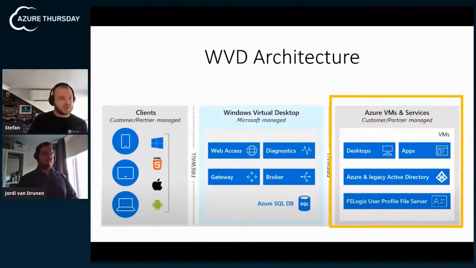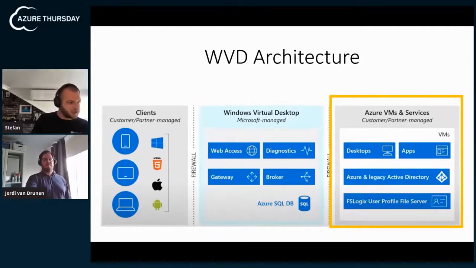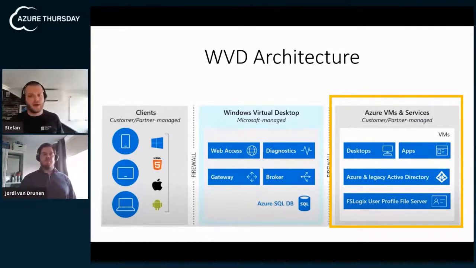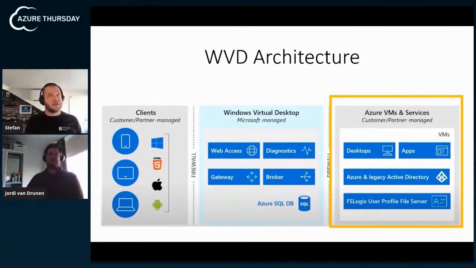If a user connects via remote desktop to a session host, they will probably have some configuration settings for that session. So, for example, they change the layout of the screen, they have some desktop icons, their start menu. We want all those configurations to be saved. That's where FSLogix comes in. FSLogix has been acquired by Microsoft, I think back in 2018. And instead of